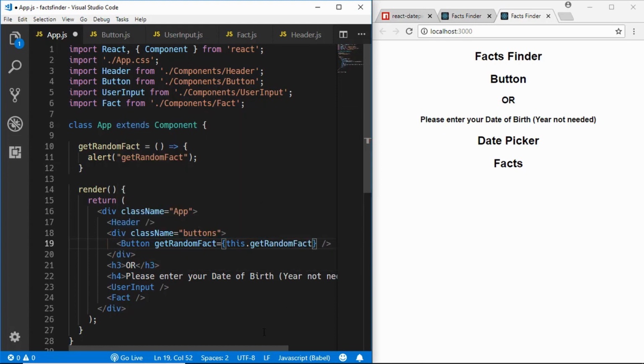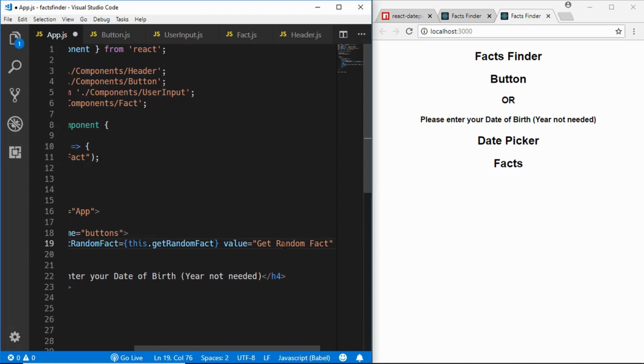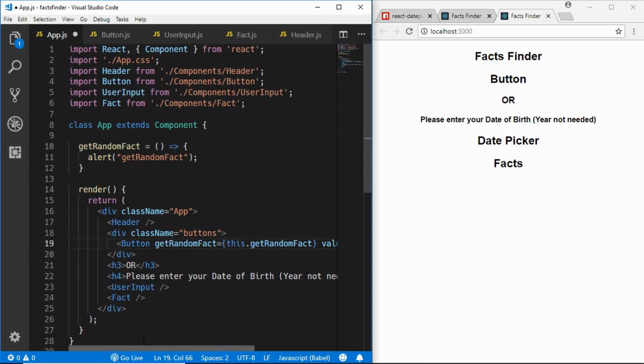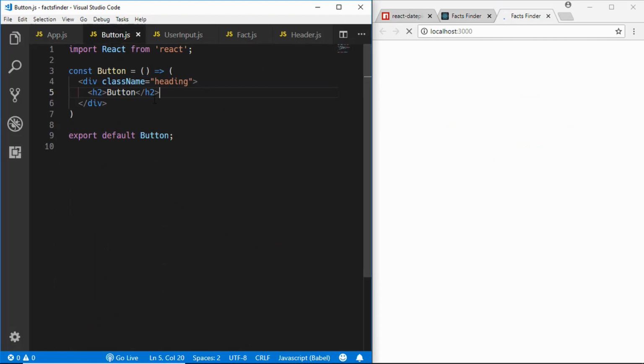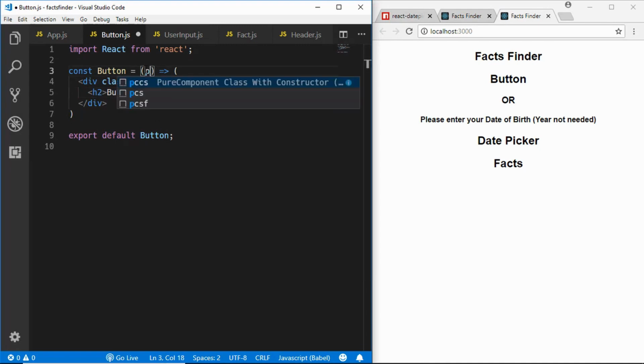Now we'll also send the value of the button, that is the text that we want to display. So we'll type value equals, and we'll just pass a string, getRandomFact. Now we'll go to our button component, and here we have to access those props. If you want to access the props in a component, you have to have a variable over here. So we'll name the variable props,